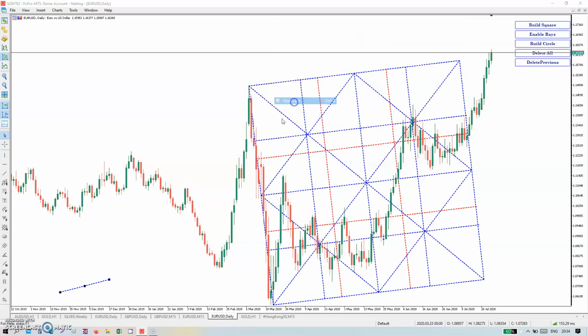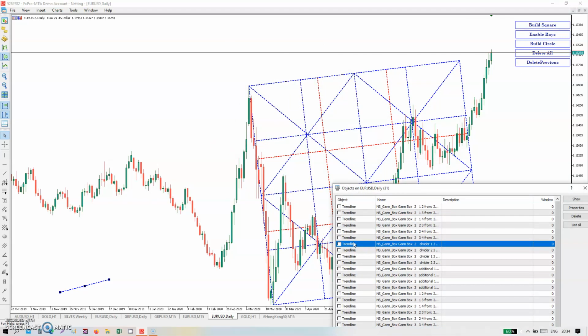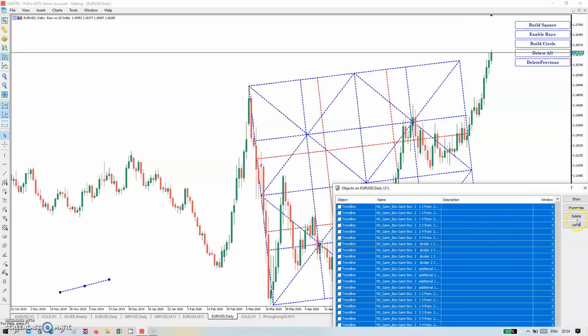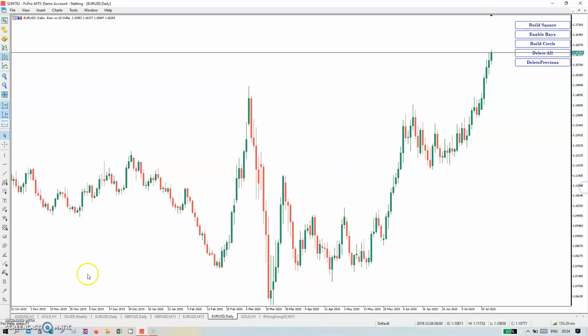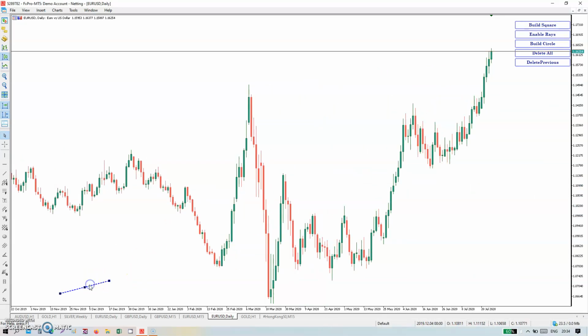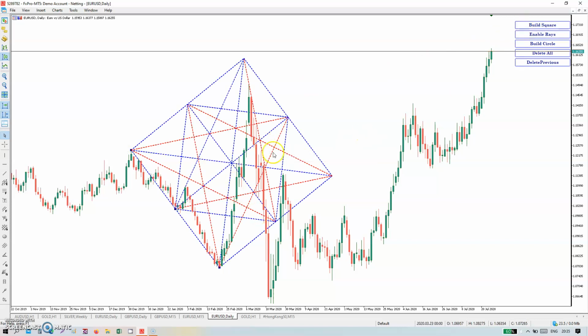Let me delete the previous one. It's the GAN box lines. So this is your basic trend line. Go to here, draw something here. See, your scale is exactly square and the chart exactly scaled.